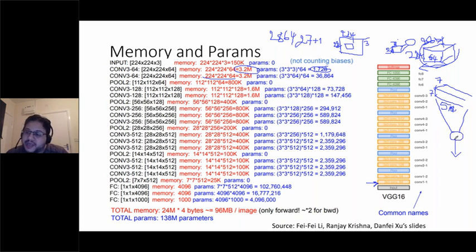Every neuron produces only one output, but the number of weights it has is much bigger, 7 by 7 by 512. And the number of neurons is over 4,000. So we multiply them to get the total number of weights in this layer, and we get 10 million here.